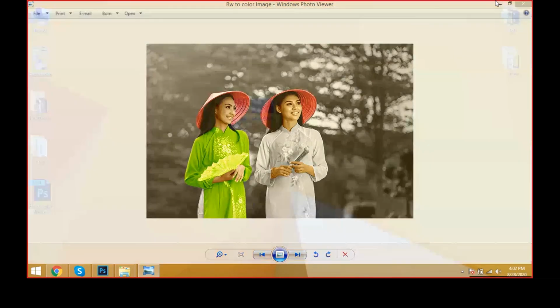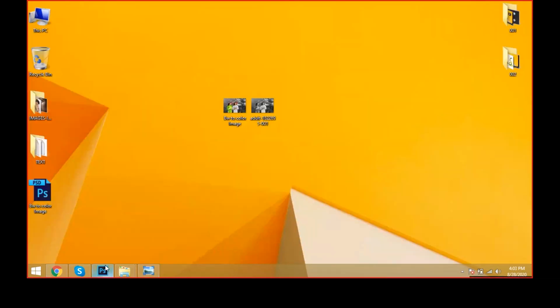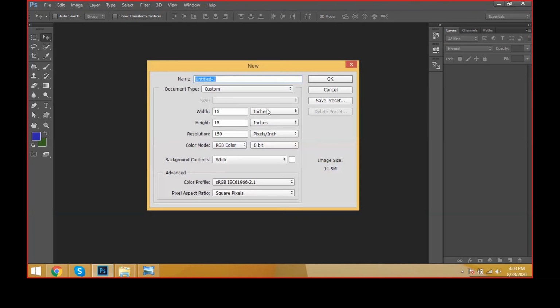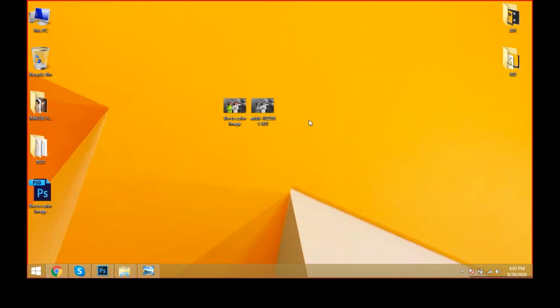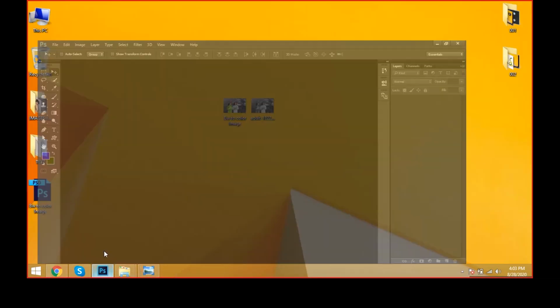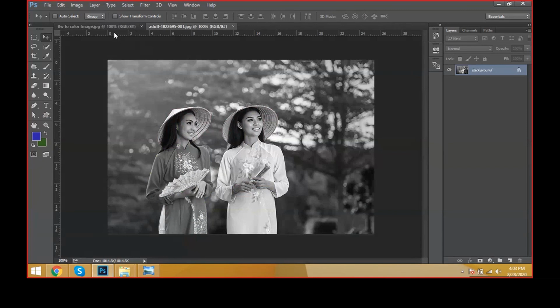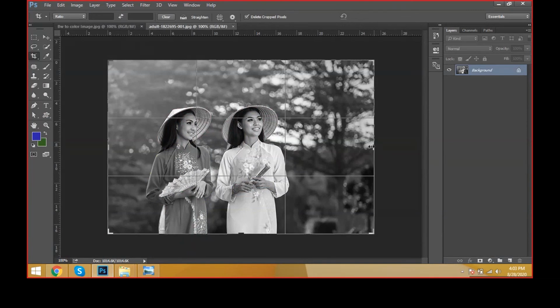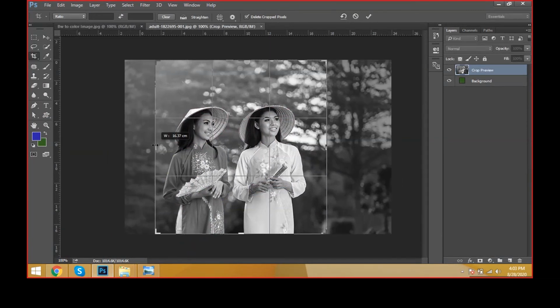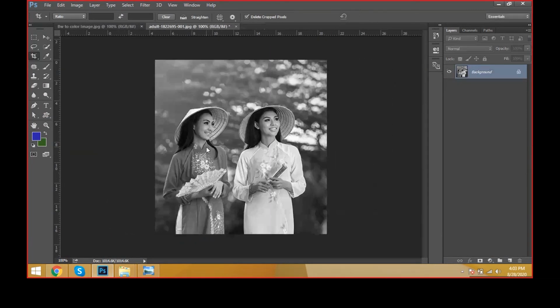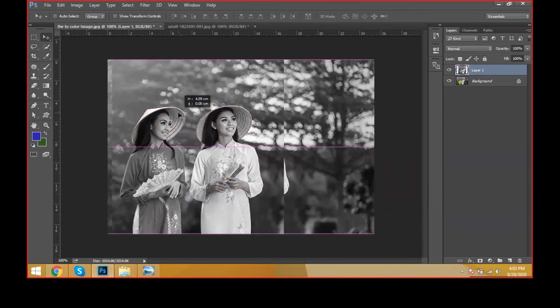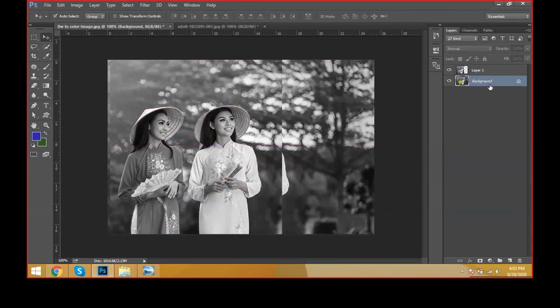Like this, we can create the background image and keep it like this. Just crop this one using the crop tool, C on the keyboard, like this. Otherwise you just take this image and keep it here like this.